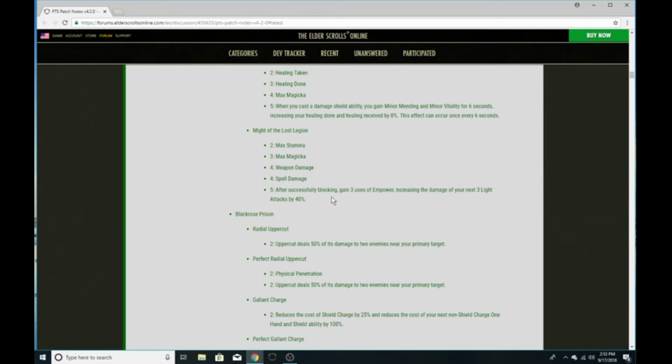After successfully blocking, gain 3 uses of Empower, increasing the damage of your next 3 light attacks by 40%. I don't think it's super useful to build a set off of light attacks. Empower used to be really good. The only thing I can think of is